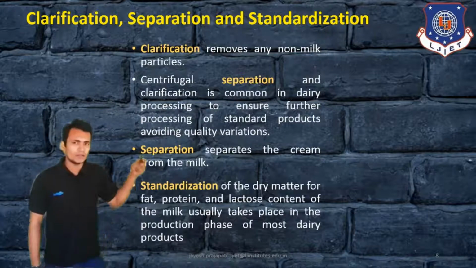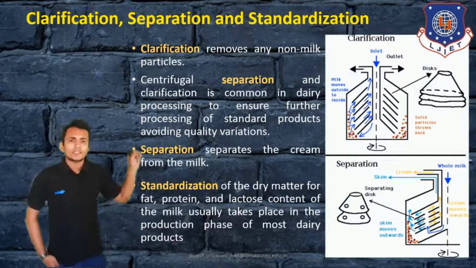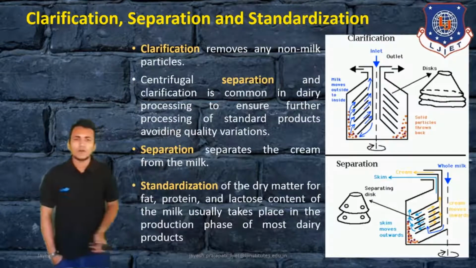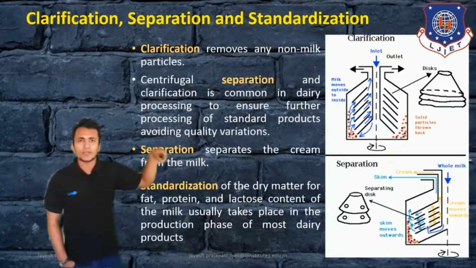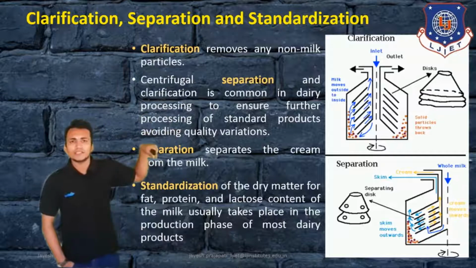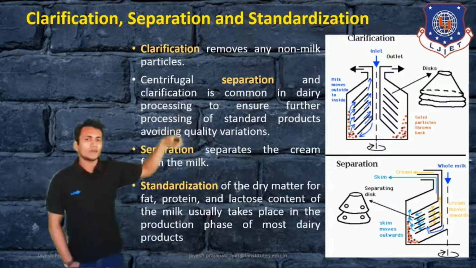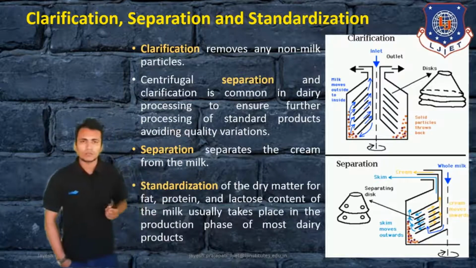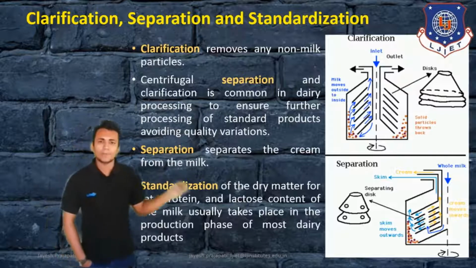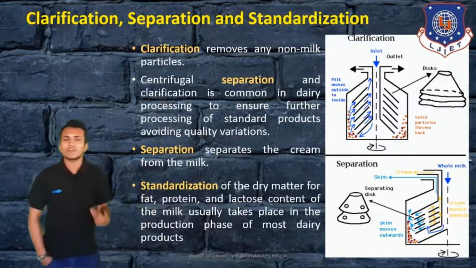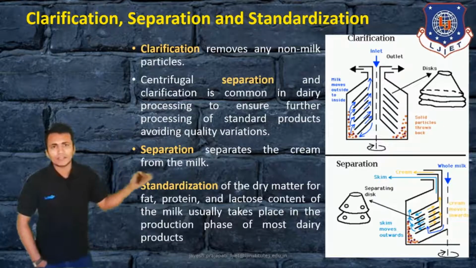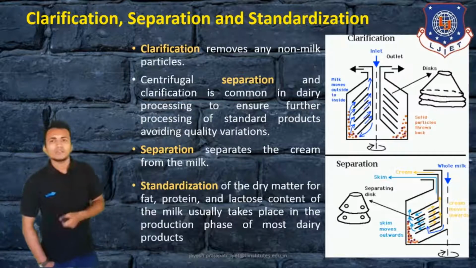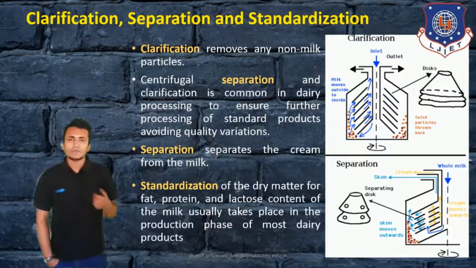If we see the figure, you can see in this clarification we have a disk to separate it. Then one side is the input and the other side is the output. So you can see the green and blue line is for the inlet, and here is the outlet of the raw milk also. The same in the separation process: a separator also has some kind of disk. So this kind of instrument setup is used for clarification, separation and standardization. So that is the second step for dairy processing.